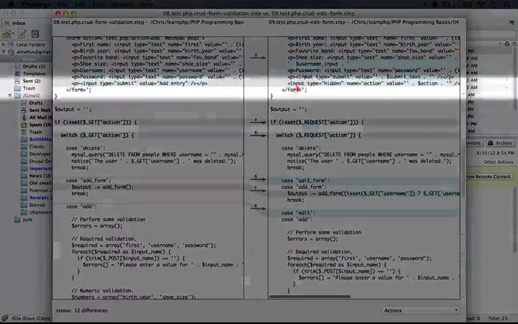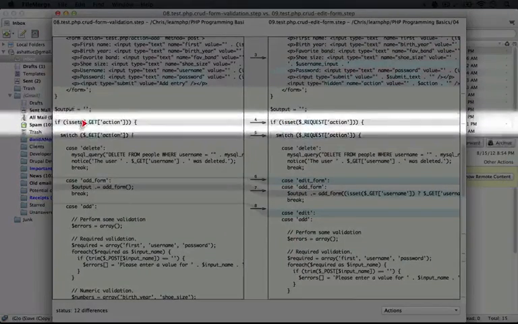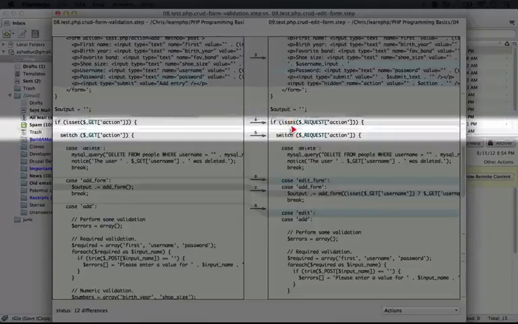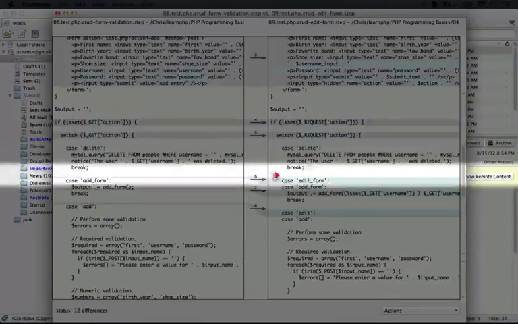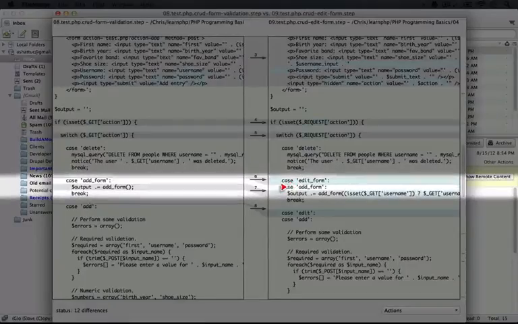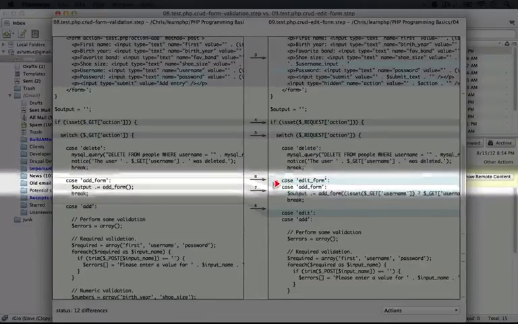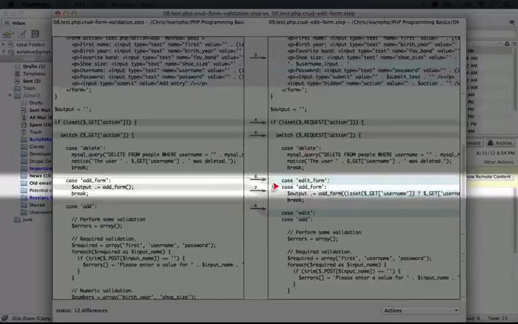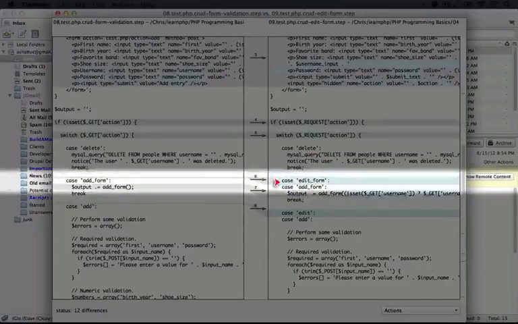As we look down, you see that now we're using request instead of get for the action. That's because we may have an action as part of a get variable or as part of a post variable, and we also change that here. And then we have some new cases. We have edit form, which is actually going to do the same thing as an add form, but notice that these cases are right next to one another. This is the first time that you've probably seen two cases that perform the same action. So the idea here is that we might get an action that says edit form, and what we want to do is do everything that we would do for an add form action. And this is how you can do that.